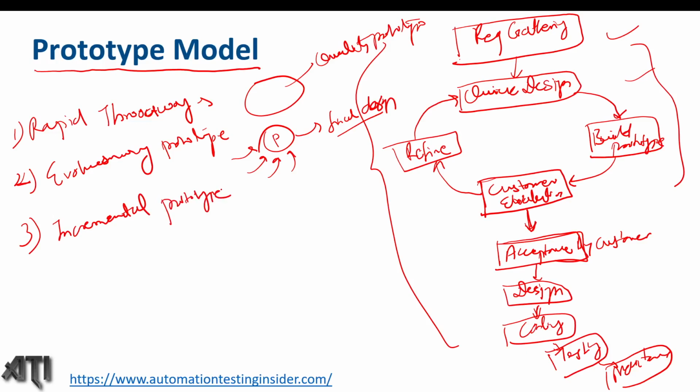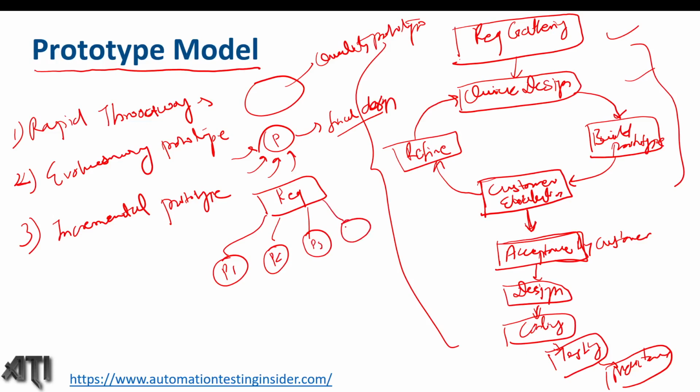So this is the third prototype. Here what happens is we get the requirements from the customer. Now based on the requirements, we divide the task into different smaller modules, and we create a separate prototype for each of the modules or tasks. Like we have p1, p2, p3. So these are the different prototypes we create, and we'll test at our end and get the feedback from the